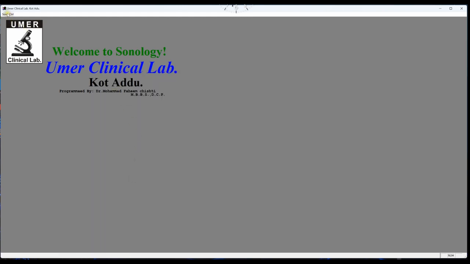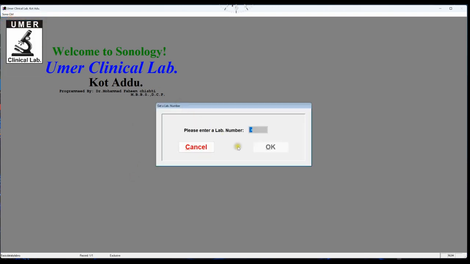If you again come to this add edit entry patient and you enter the same identification number you issued earlier, suppose 0001, and you click OK, then it tells you the record was found. Would you like to edit it? If you want to edit the patient record, then click yes. If you don't want to edit this record and you mistakenly entered the identification number of a previous patient, then click no, and it will again ask you for the new identification number